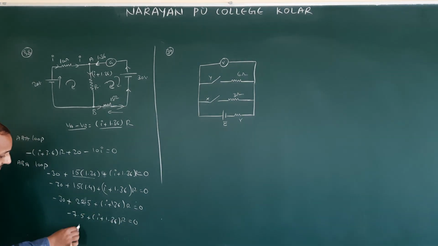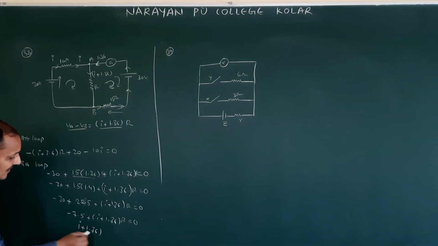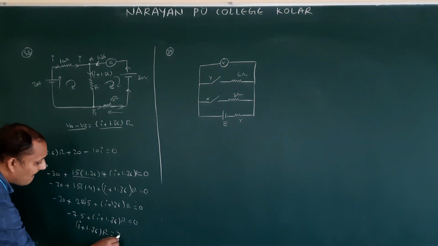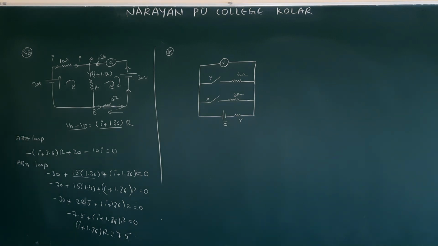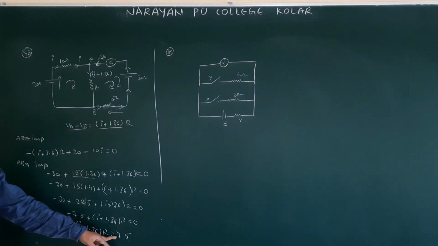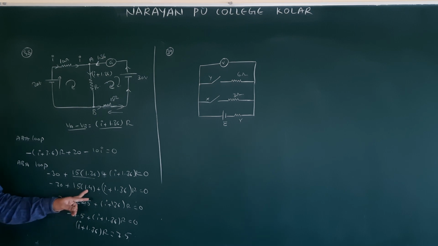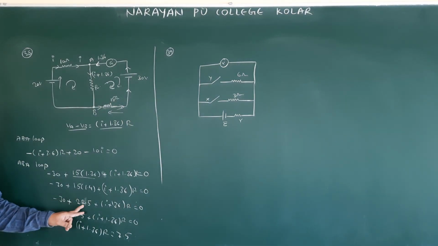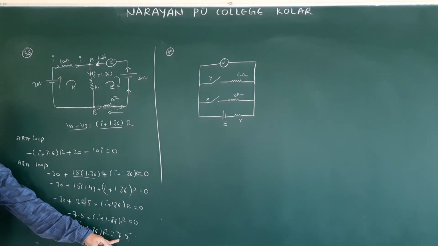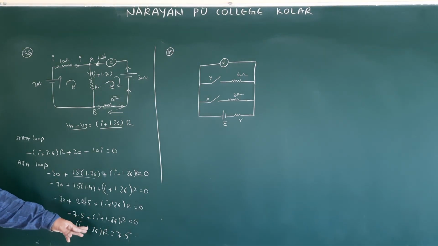So this minus is going to become I plus 1.36 into R is equal to 7.5. So the answer is almost I into 1.36 R is equal to 7.5. So this value only we should calculate. That value we got here is 7.5 volts. Here we have taken 15 15s. If you do exactly, you will get a near answer, almost 4 to 5 volts.